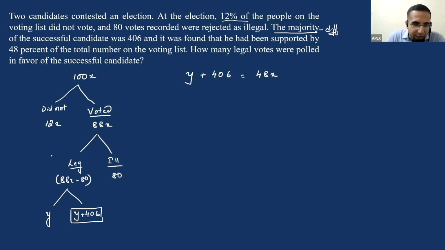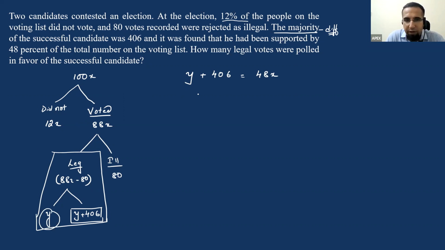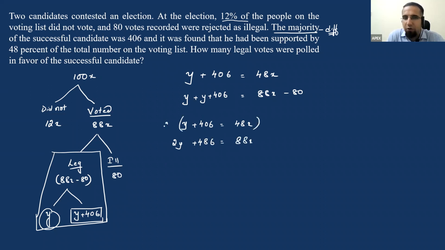Clear? Since I've used two variables, the second piece of information that we can use is that Y plus 406 is equal to 88x minus 80. Clear, guys? So I would write my two equations along these lines. The first becomes Y plus 406 is equal to 48x. And the second equation gives me 2Y plus 486 equal to 88x. To cancel the value of Y,